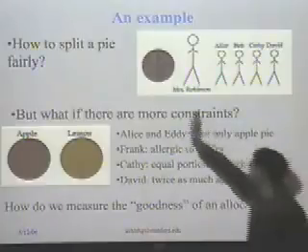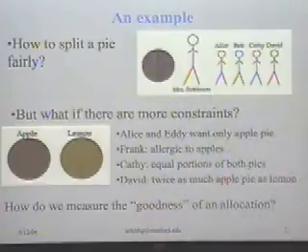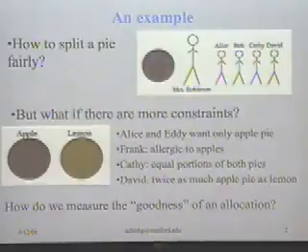Here's an example of what I mean by fairness. Imagine you're given a pie, and Mrs. Robinson has 4 children and she wants to split the pie fairly. What should she do? The children are the same size, conveniently named A, B, C, and D. She could just chop the cake in 4 parts and give 1 slice to each. So in this case, splitting the pie fairly was fairly easy.